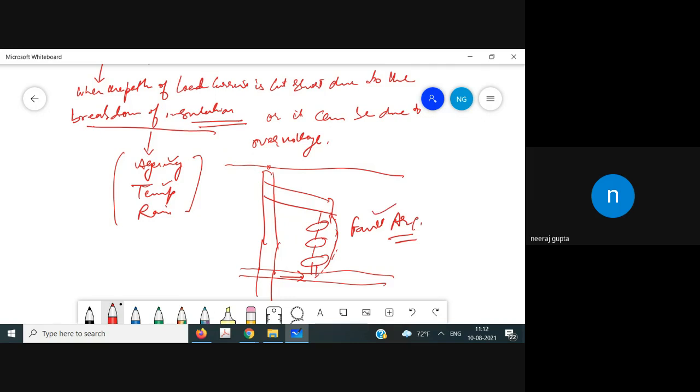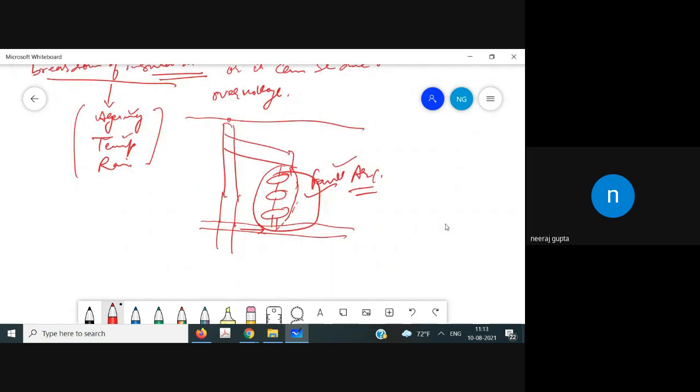So you can say that this is a single line to ground fault on a transmission line due to the flashover of the spark gap across the string type of insulator. This is one example of this fault. Such faults due to insulation failure flashover are mainly temporary, because they can be due to the temperature, the rain, or some foreign objects. So these kinds of faults can be temporary in nature.